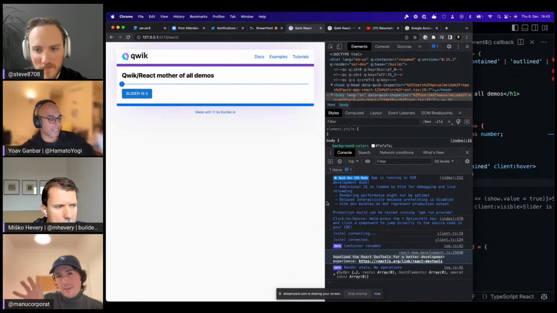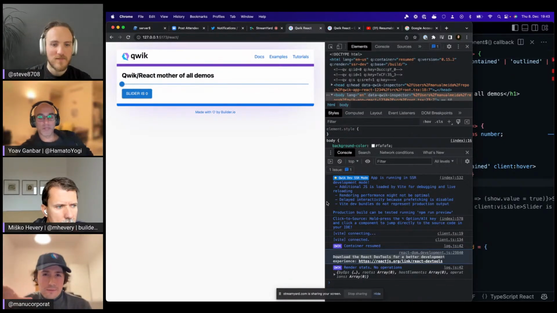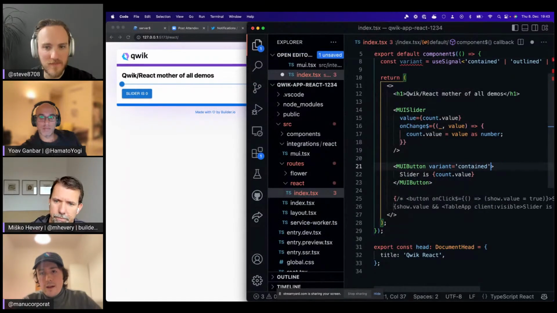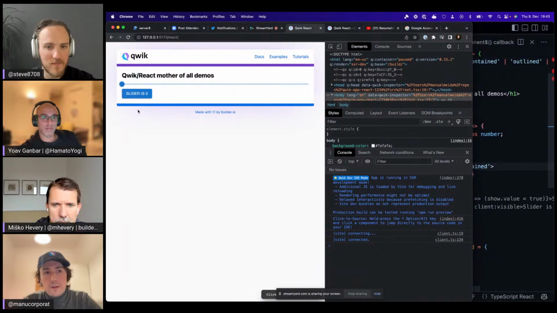Maybe for a button it doesn't really make sense to get the whole React just to make a button interactive, right? In the case of Material UI, the interactivity is for this ripple effect. I don't know if you can notice it. There is a little effect here. If I remove this, nothing happens, but also you don't download any JavaScript.